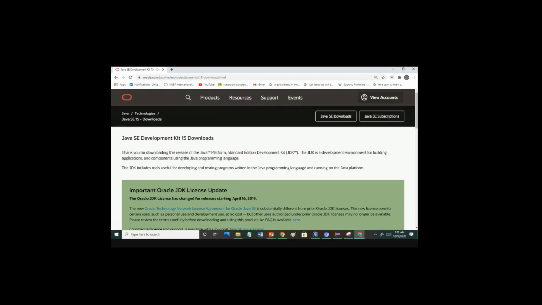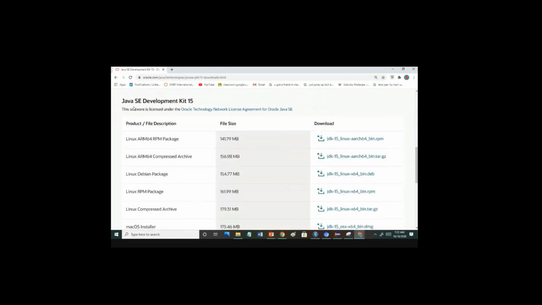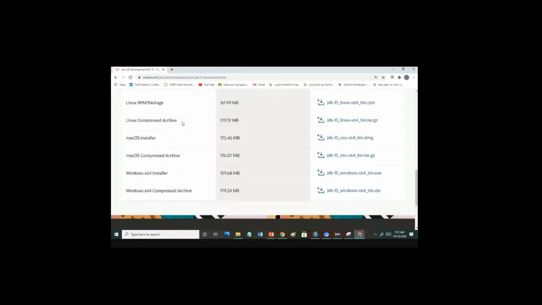When you click on the JDK download, you will get this site. When you scroll down, you see that there is Java SE Development Kit 15, because 15 is the latest version. So you will get all the different types of files which are related to Java 15. So we want the Windows 64 installer.